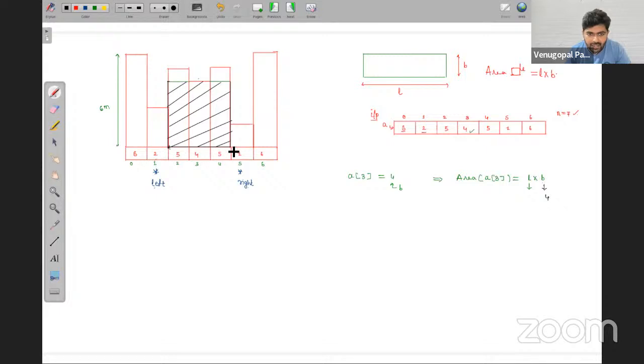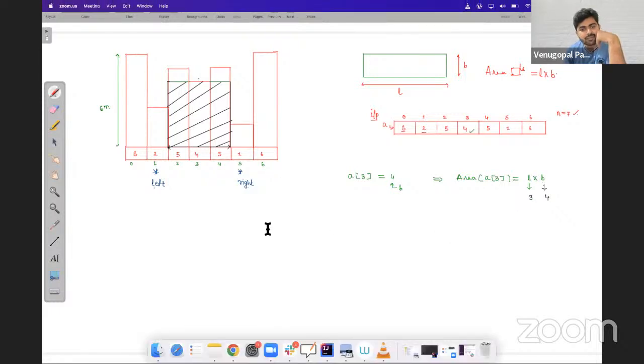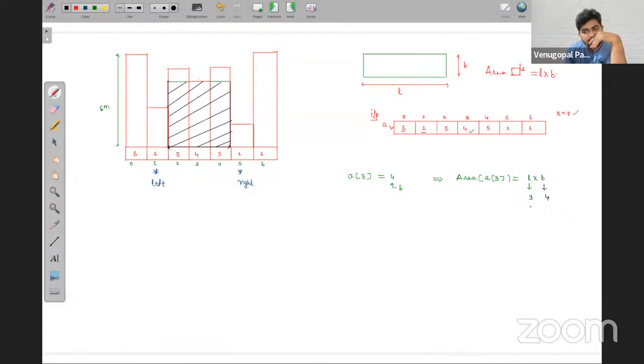From here, it is a rectangle. Its length is nothing but 3. But how did I get that 3? Can anyone tell me? To get this 3, can I write 5 minus 1 minus 1?